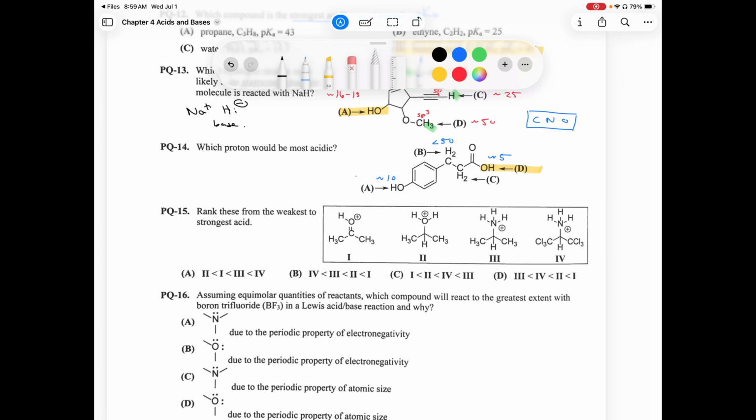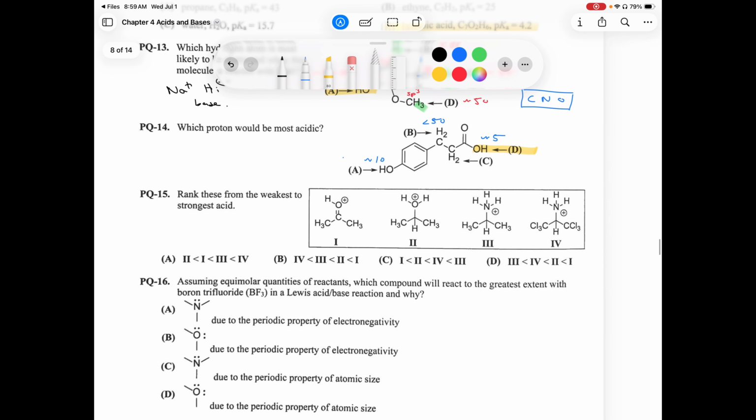Question 15, rank these from the weakest to strongest acid. So if we take a look at each one of these, what do they all have in common? They all have a +1 charge, right? In the first two, the positive charge is on an oxygen, and in the second two, the positive charge is on a nitrogen. So if we just group these in terms of positive charge on oxygen versus positive charge on